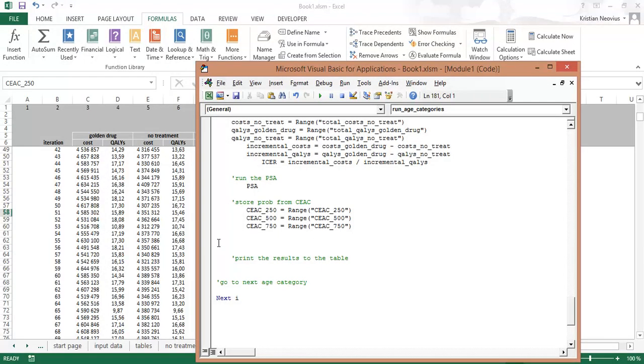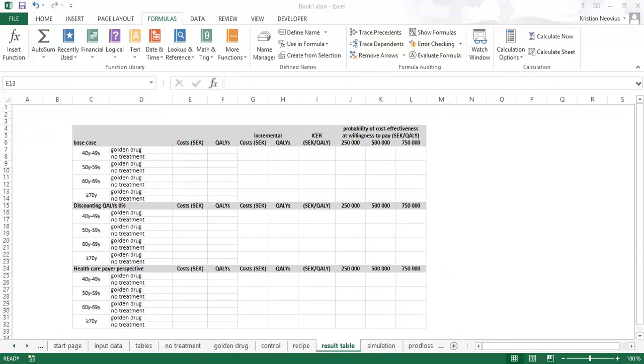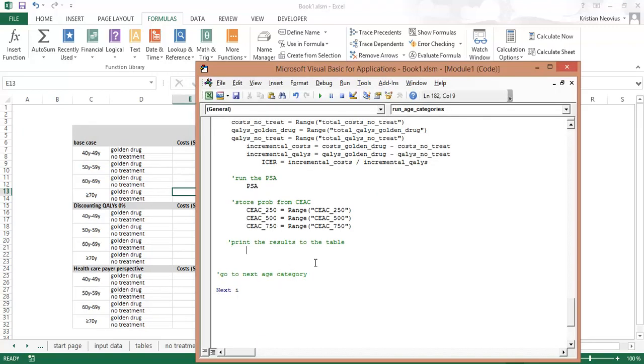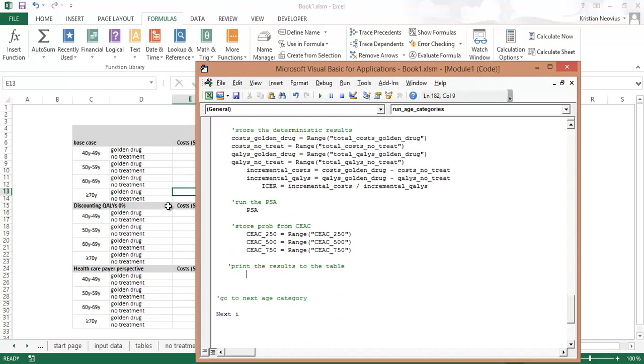So finally we want to print the results, and now we need to be careful because this could be a bit messy. First we need to go to the sheet result table, because when we were running the PSA, for example, we were working on other sheets. So even though we start the macro here, we will end up on other sheets during the macro, and maybe the PSA will leave us on sheet simulation or even sheet start page probably. So we need to go back to sheet result table, select,